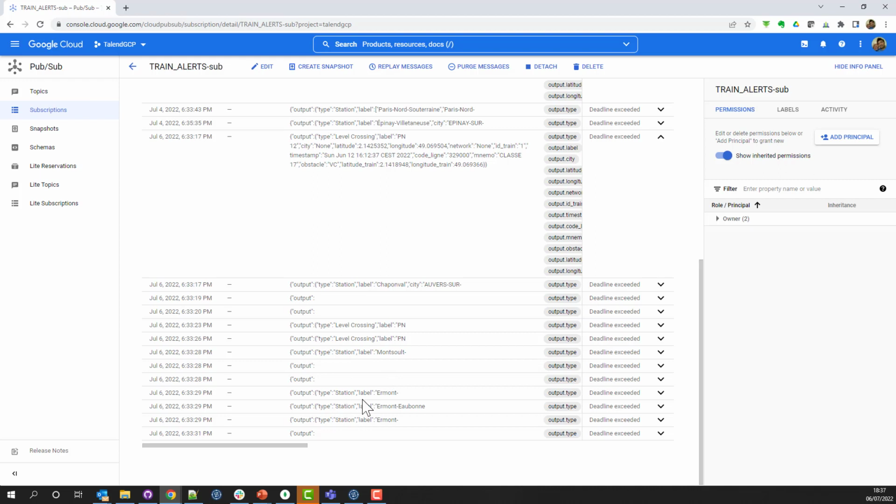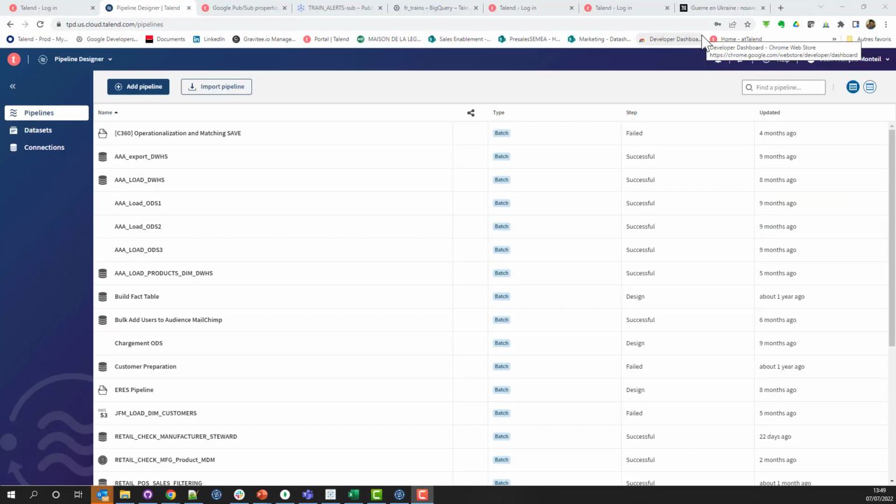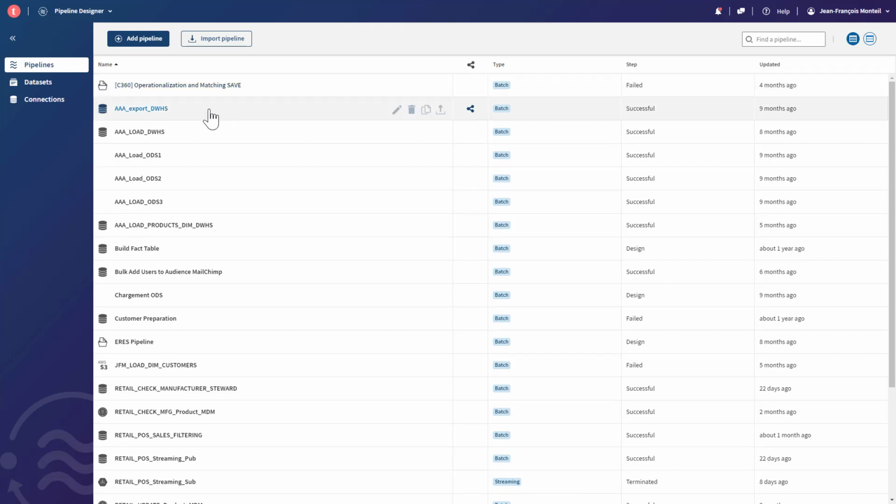So now the goal is to get this JSON and build a streaming content, so it could be analyzed in real time by the end user. So I have decided to use a module from the enterprise version of Talend, which is the Pipeline Designer, which enables you to create streaming pipelines easily with a very end-user oriented